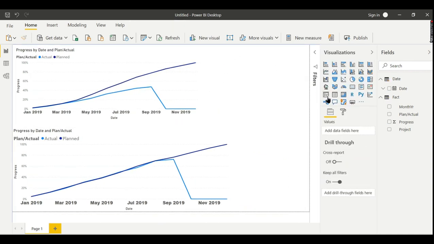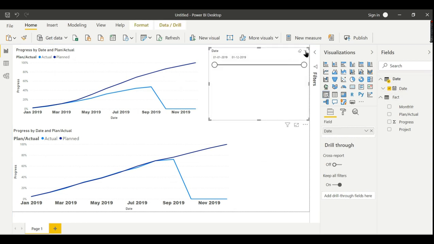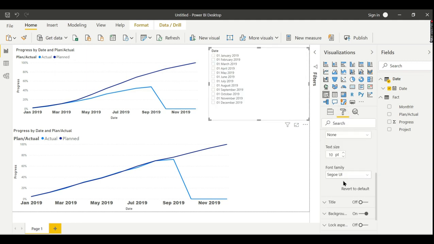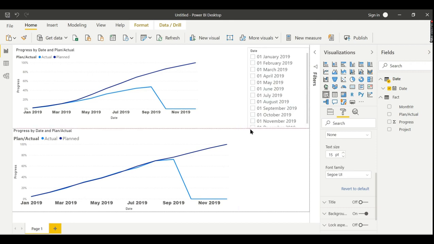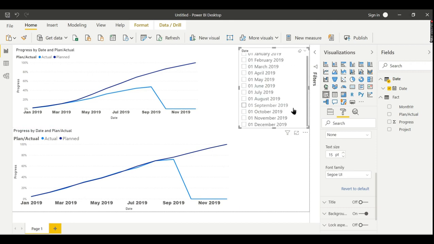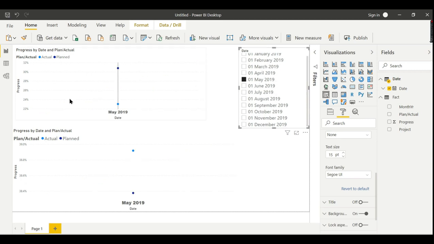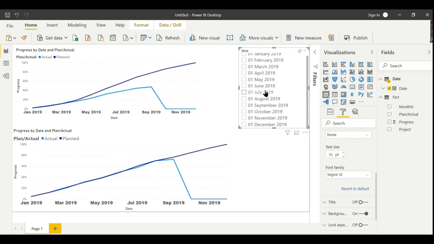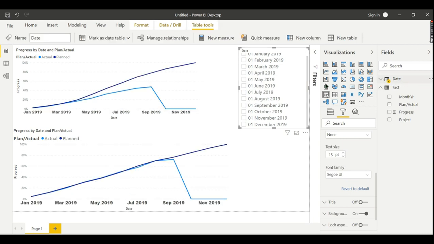We will try to filter the date table here. Okay, let me put a list and increase the size so that it will be visible to you guys. Now the thing is, as I said, if I press May, the problem is occurring. How to fix it? Basically the idea is like this: the filter should be passed to this date dimension, and